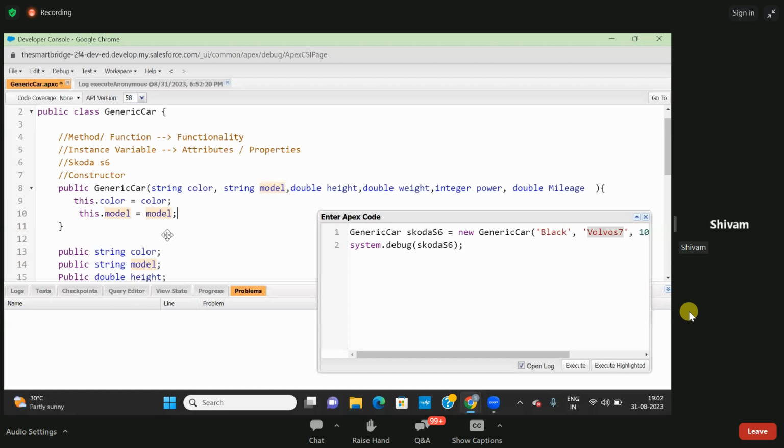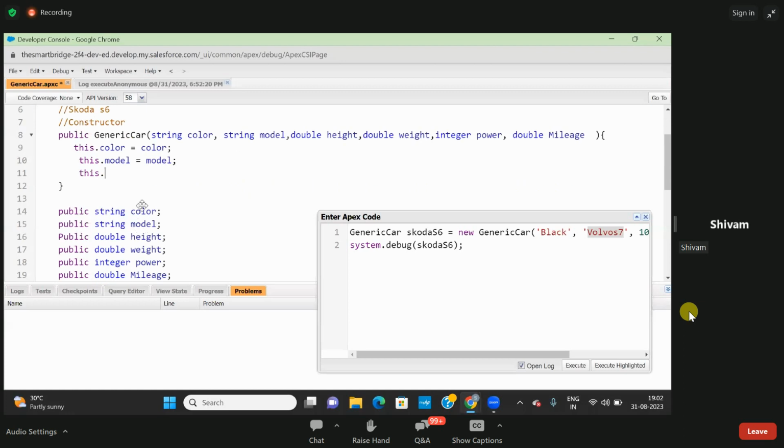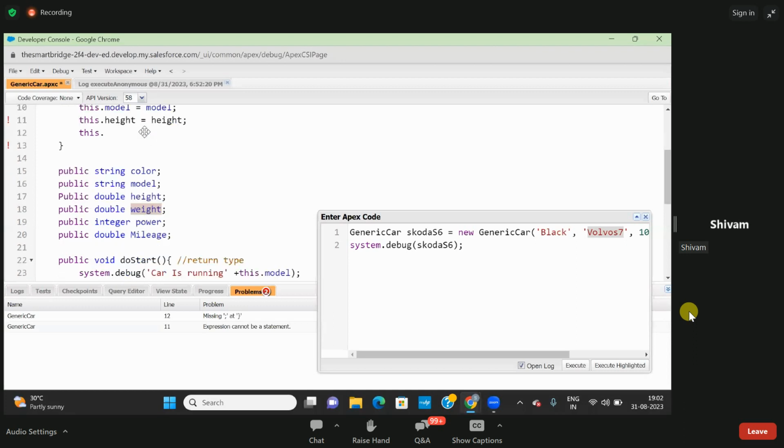This dot, the third property is height, right? So just copy this. Give the same sequence. If you are mixing up this sequence, whatever values you get will go up and down, so please take care of these things as well. So this height is getting stored with the height, then give the semicolon. Then again this dot, after height there is a weight, right? So I'll just use this weight, then equals to weight, semicolon. Then again enter this dot,